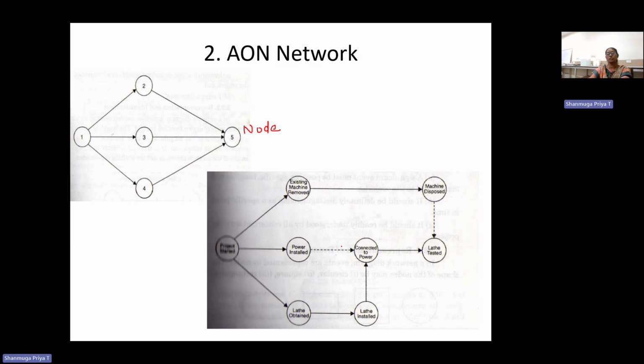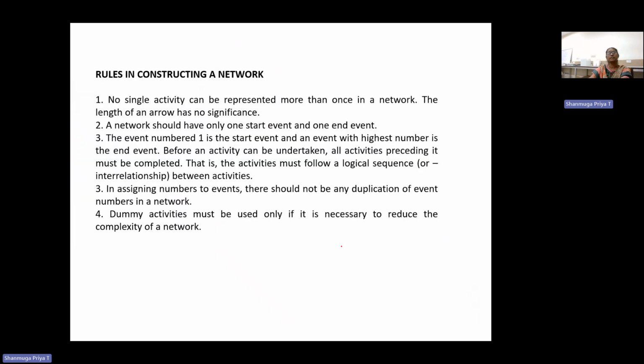Next we want to draw the network. For that, there are different rules to construct the network, and I will explain those rules. The first rule is that no single activity can be represented